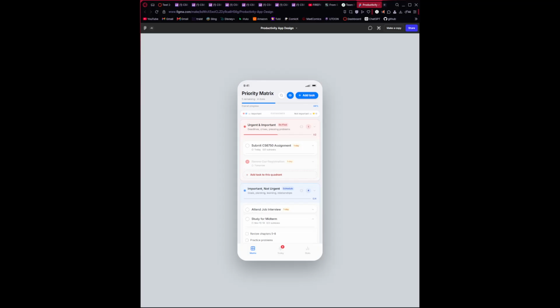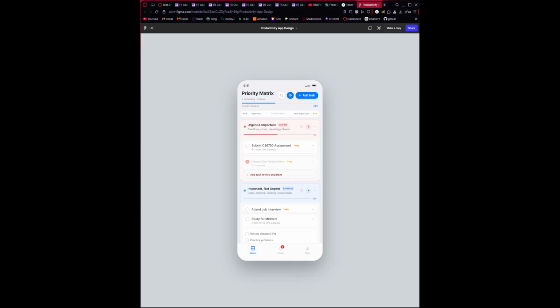Hello, and welcome to Team Abra's medium fidelity prototype for a mobile productivity application based on the Eisenhower Priority Matrix. The goal of this application is to help users organize tasks by urgency and importance while reducing clutter and making task management easier on a mobile device. Throughout development, I conducted user evaluations, and many of the design decisions shown here were made directly in response to